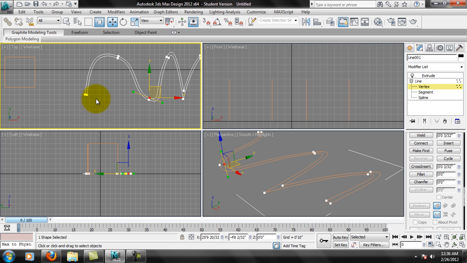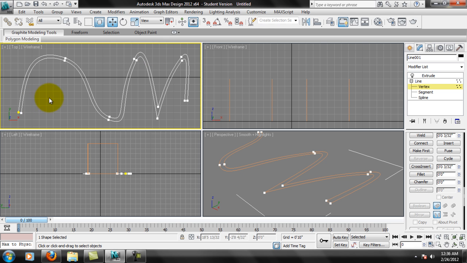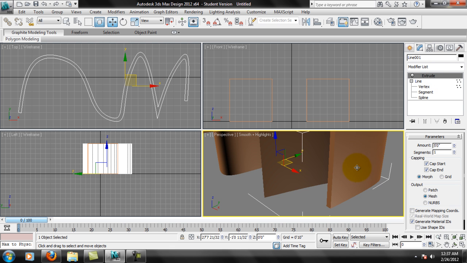So that looks good. Whenever you complete a line like this, you should have one yellow dot here, and we'll look at adding more lines here shortly. But we want one yellow dot. That's a sign that this is closed, and obviously we want this to be closed before we extrude it, or we're going to end up with two planes instead of one, and then we definitely have problems. So one yellow dot is good, several yellow dots is bad, and we'll look at how we fix that here shortly. So now, after I've done that, I can step back to my extrude modifier,